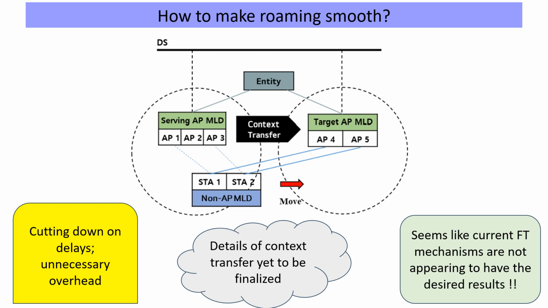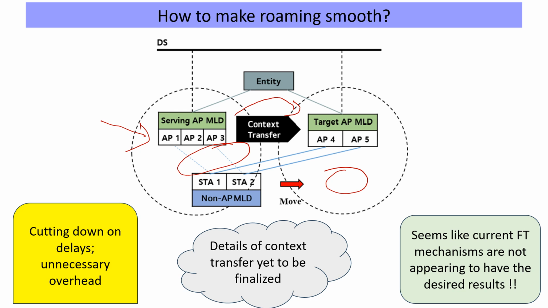So Wi-Fi 7 introduced this MLO concept, but roaming between APMLDs, even though there were a lot of specifications, it really did not become successful in practice. Typically, you would find that a multi-link connection would end up with a single connection in another AP. So now we want to address this in a more generic way to get rid of some of the other challenges that people have been noticing over time.